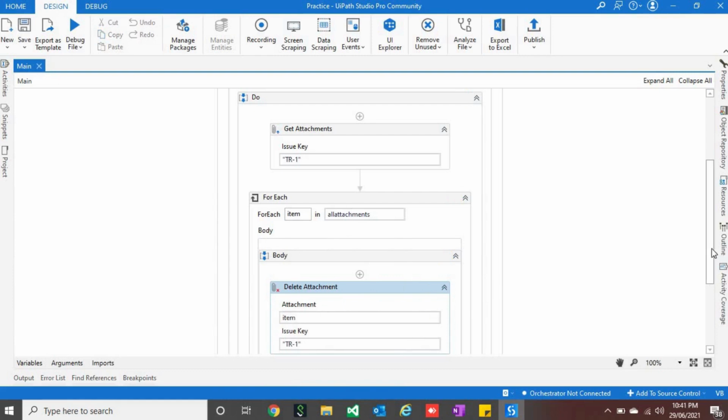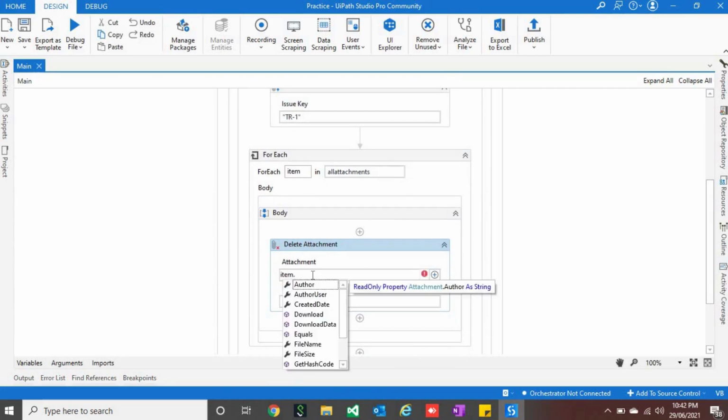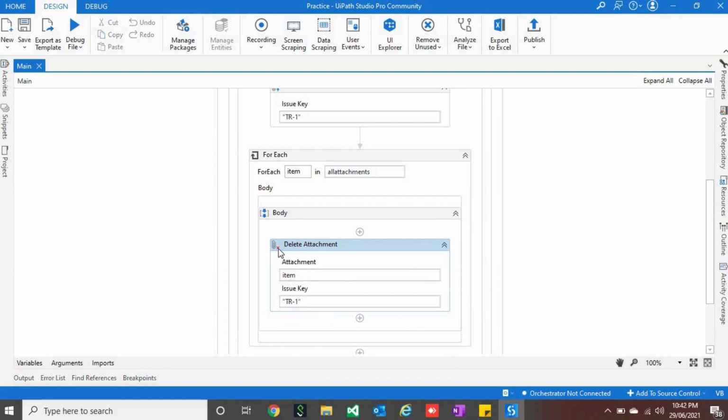Now if you want to delete or download the attachment based on some conditions, you can see all the properties that are available, like author, which is nothing but the email ID, and then created date, file name, and ID. So you can use these properties, and based on that you can delete or download the attachments.